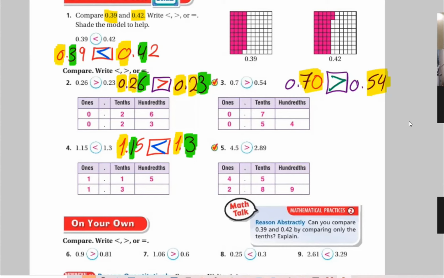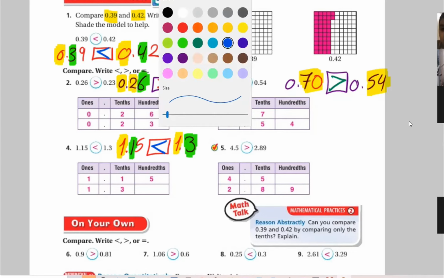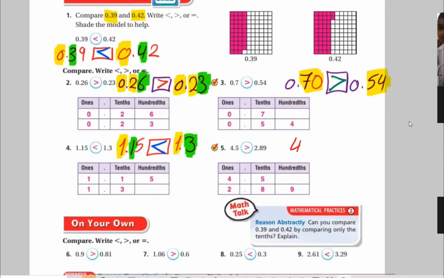Okay, what about the next one? Muhammad al-Bakshi. Number 5. Let's rewrite it here: 4.5 greater than or smaller than 2.89. Yes, ma'am. Yeah. So what's the first step? The first step is